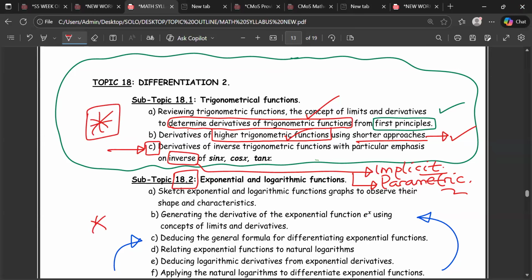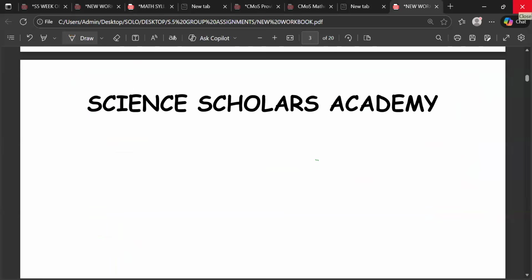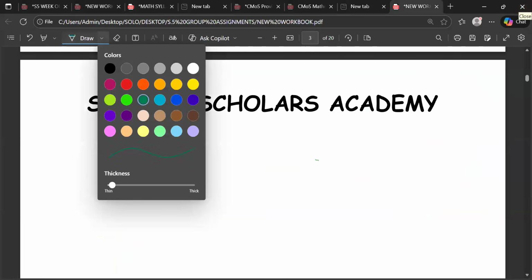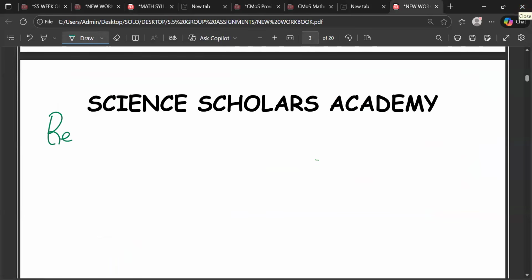The subtopic of exponential and natural logarithm is the easiest and you will enjoy it. You will enjoy the next lesson more than any other lesson on this planet. Exponential and natural logarithms, they are the easiest because they bring back trigonometry, they bring back algebra, they bring out whatever we have been doing and they combine them into one thing, and it is always nice. So that one you are going to enjoy. So I'll give you the requirements for lesson 2. So the requirements